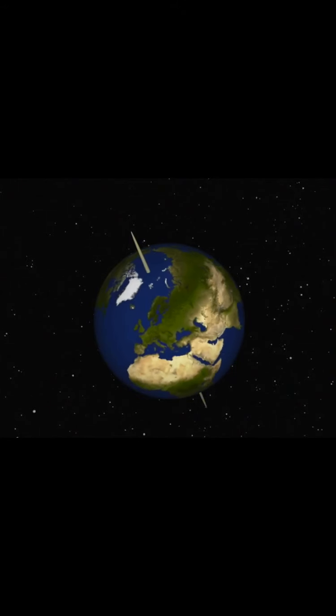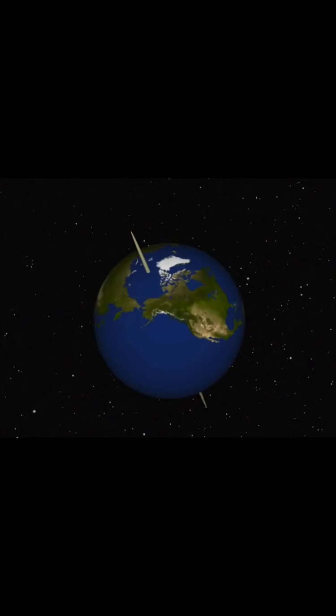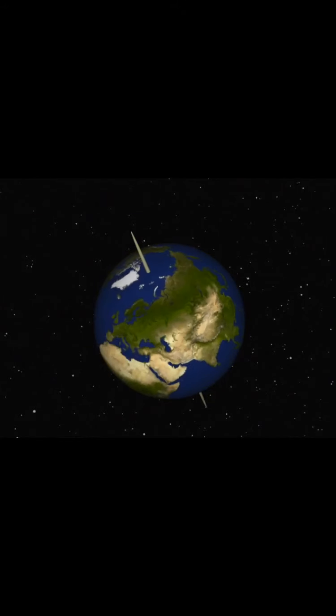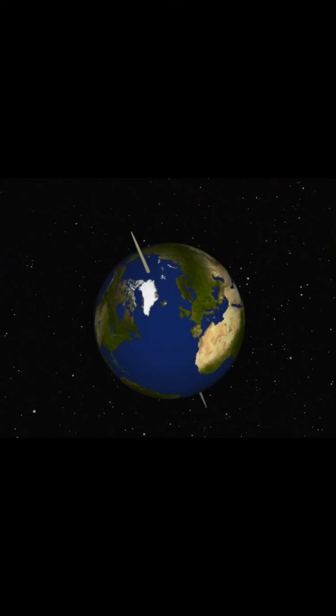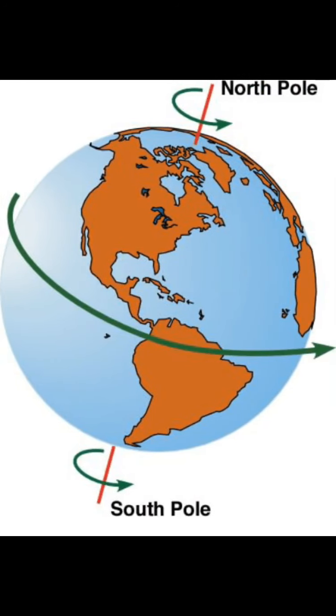Today we will start with our equator topic. Now, what is equator? Equator is another imaginary line on the globe that divides it into two equal parts. This line is known as equator. In the figure, you can see clearly the equator is given in the center, and the north pole and south pole, along with the axis, is also given. We learned here the earth is tilted. See the equator, it divides Earth into two equal parts.